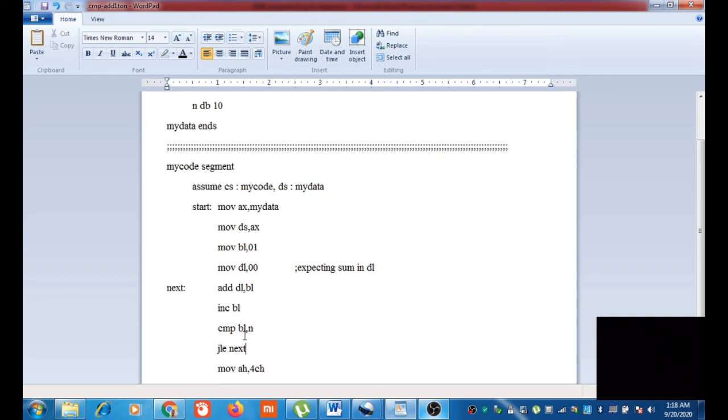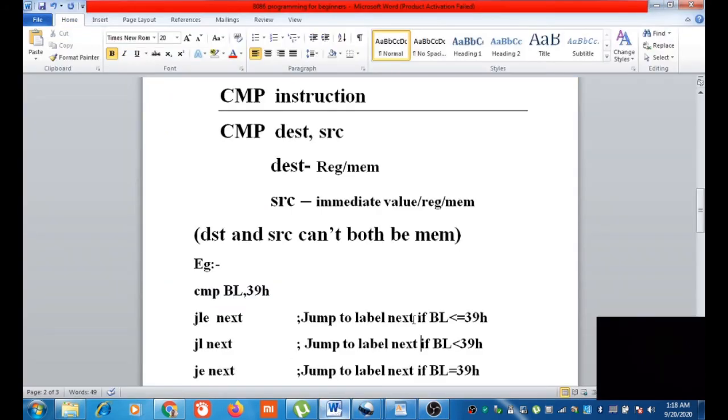Let us see the details of this comparison operation and these jumping instructions. This is the CMP instruction, comparison: destination comma source. Destination can be a register or memory, 8-bit or 16-bit. Source can be an immediate value, register or memory, 8-bit or 16-bit.